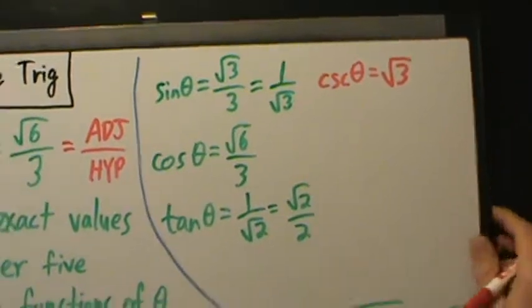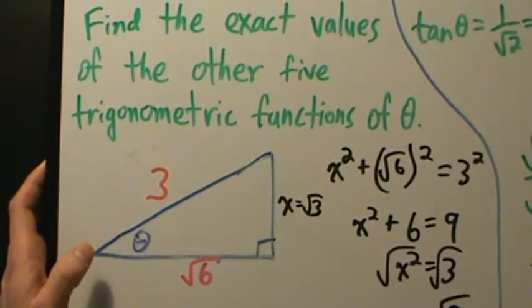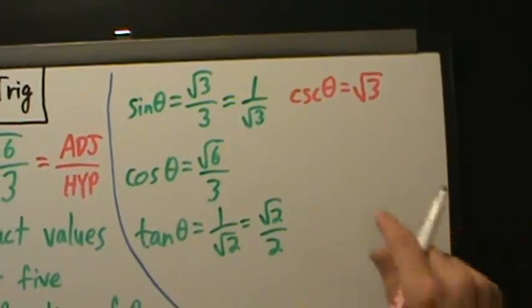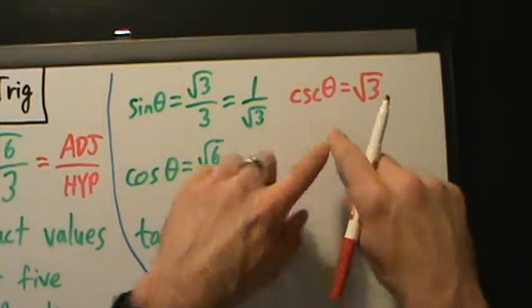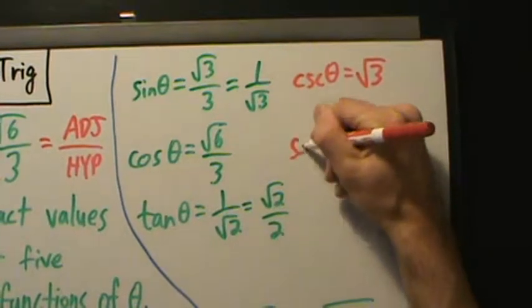Okay? So notice we didn't use this triangle at all, right? We could if we wanted to, just remembering that cosecant is the hypotenuse over the opposite. Okay? But it's really better to remember that cosecant of theta is the reciprocal of sine of theta. Okay? Likewise, secant of theta